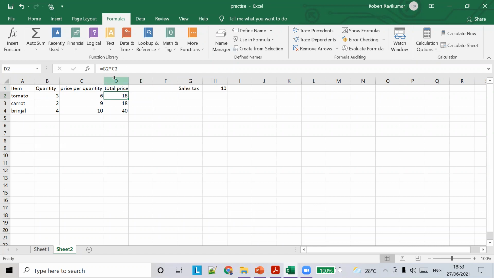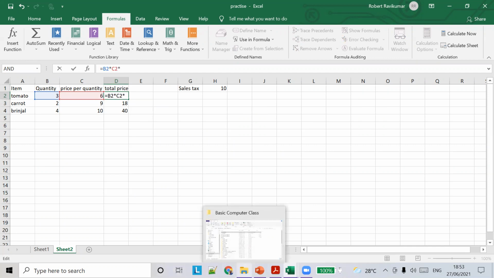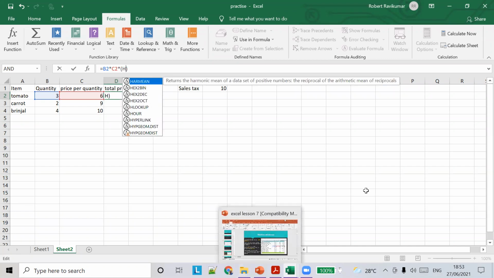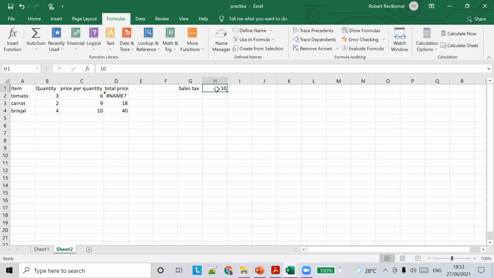What we can do is refer to H1, this itself, H1 into H1 divided by 100, I guess. Let's give it in percentage itself.